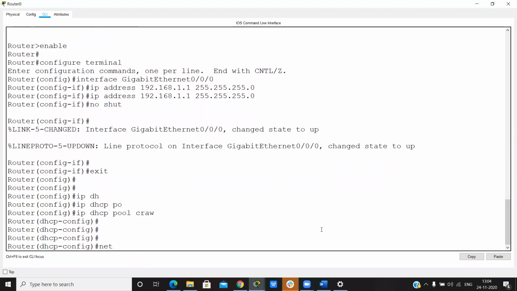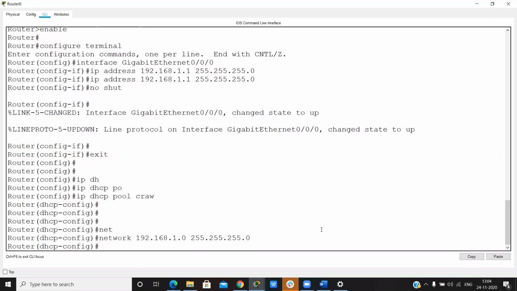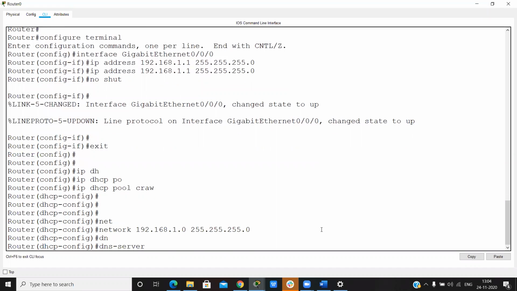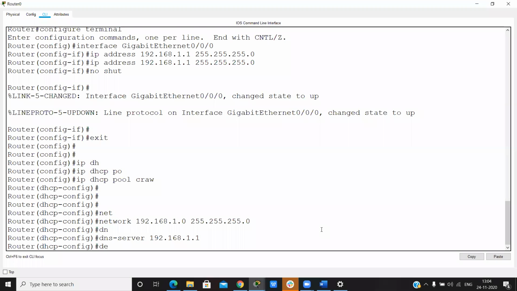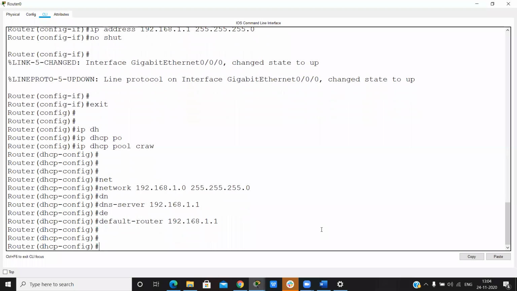And then we define the network 192.168.1.0 and then the subnet mask, DNS server 192.168.1.1. I can make this local router a DNS server also. And then default router 192.168.1.1. So this is the configuration to make a router a DHCP server.